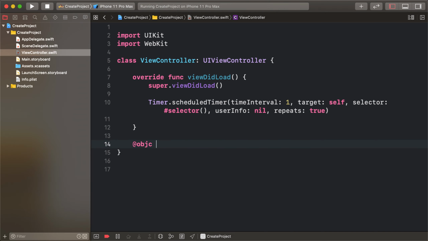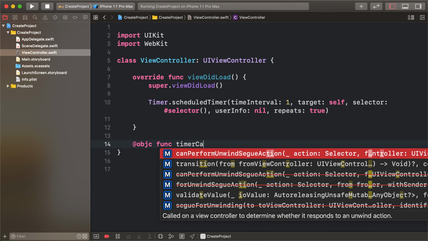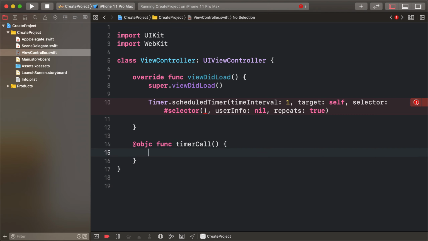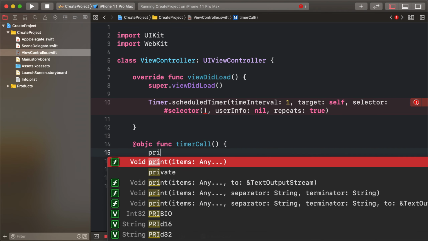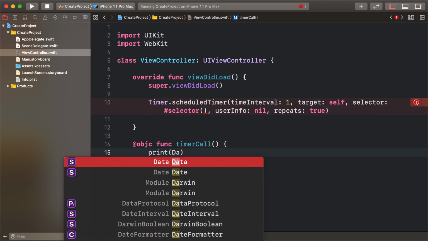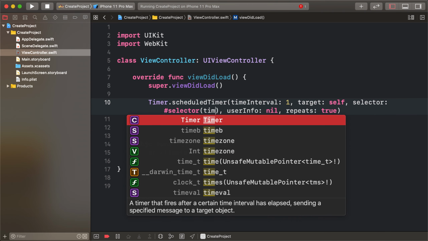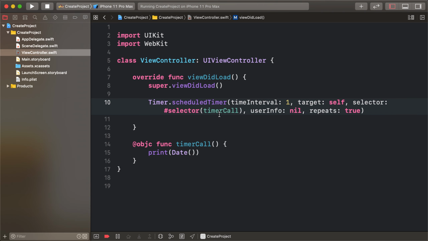an objc function and timerCall. Print our date. Date means every day's time, date in full format, date printed out, and this selector is timerCall. So run our project,